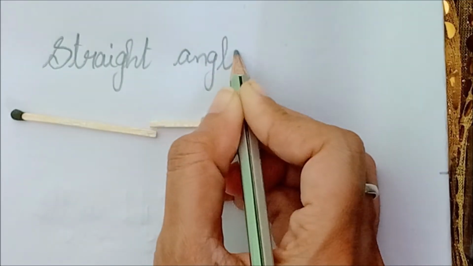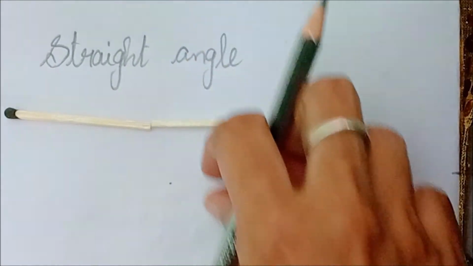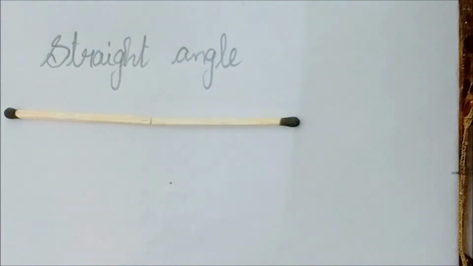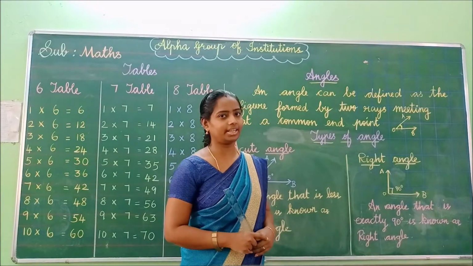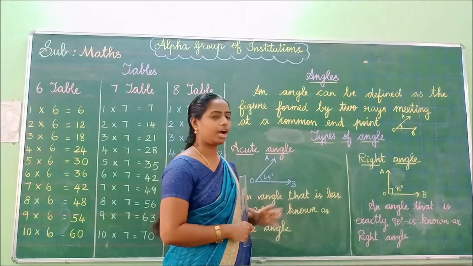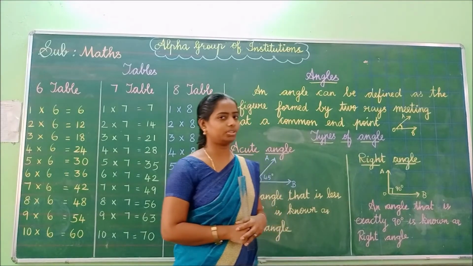So today we have seen 4 types of angle, right? What are they? First one is acute angle. Next, right angle. The next one is obtuse angle. And the last one is straight angle. Very good, children. So you have seen the activity. Now we move on to the board to learn more. Okay, children, are you clear about the activity? What I said about right angle, acute angle, obtuse angle and straight angle, isn't it? You are all clear about it.